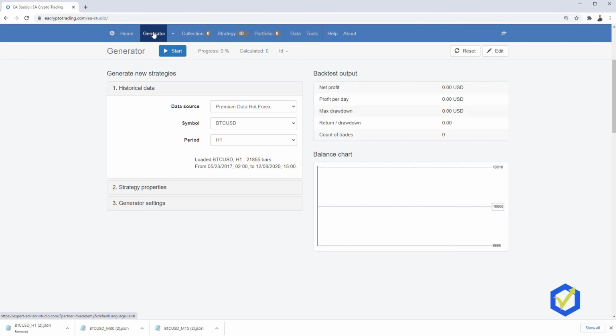So in the next lecture I will demonstrate how I'm using AI Studio, and you will learn how to create your own strategies if you want to, and of course if you don't want to, you can use the ones that I am using and that I have included in this course.